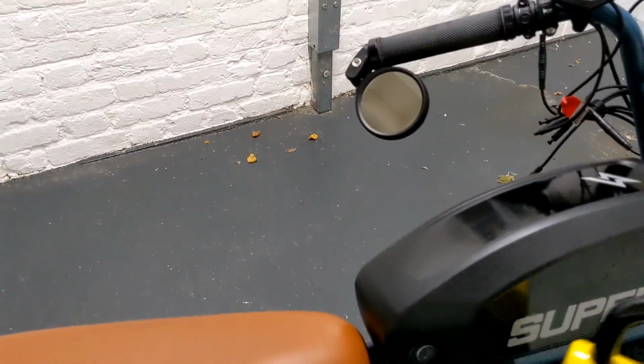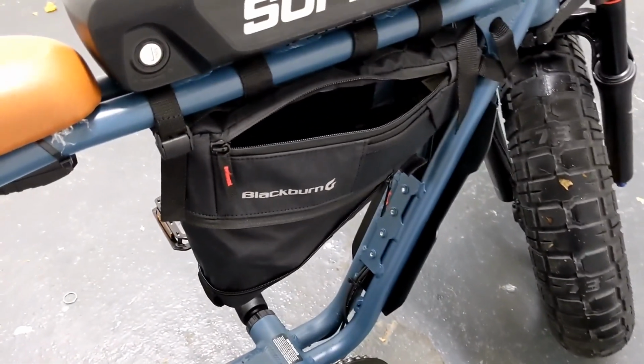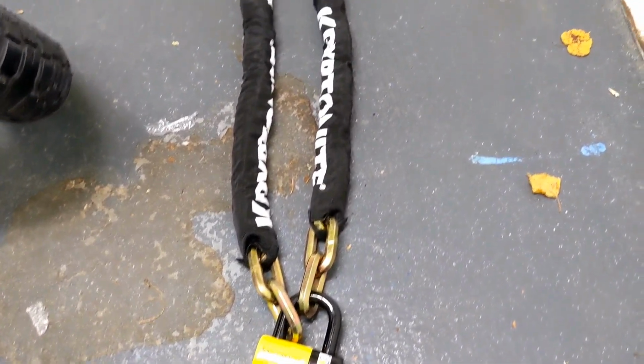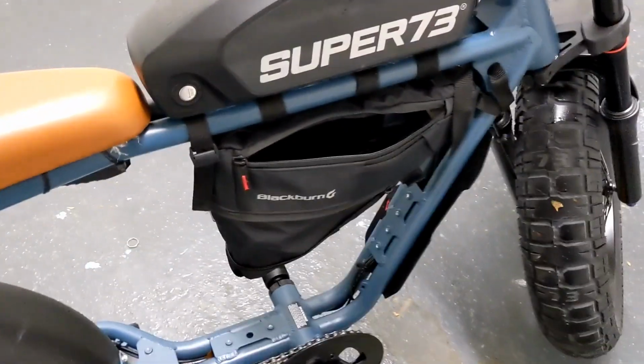Out here. So I'll take it out of the ground here. So look at that. That's the Cryptonite New York lock, and actually the Blackburn bag is big enough to take that. It's very heavy. It feels like about 10 kilograms, possibly a little more, but it fits just about inside the Blackburn bag there,